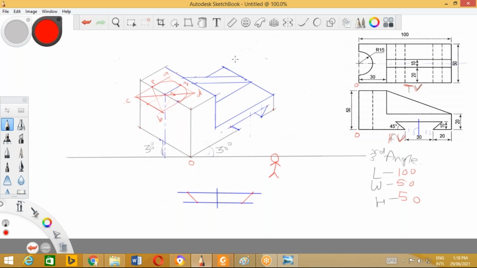Use your instruments perfectly. I'll use a different color, the blue color. Keeping the pointer at E, radius equal to EQ, draw this arc. And keeping the pointer at B, radius equal to BP or BQ, draw this arc.